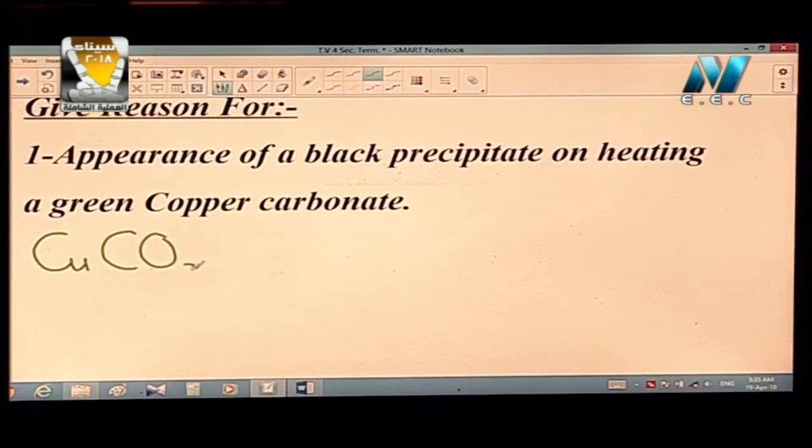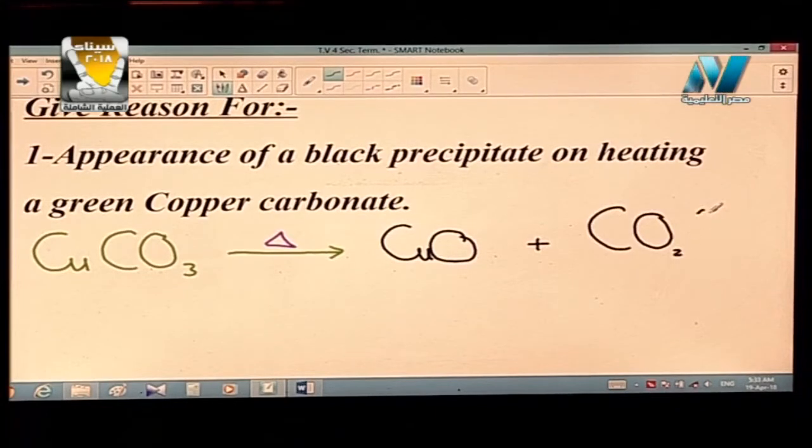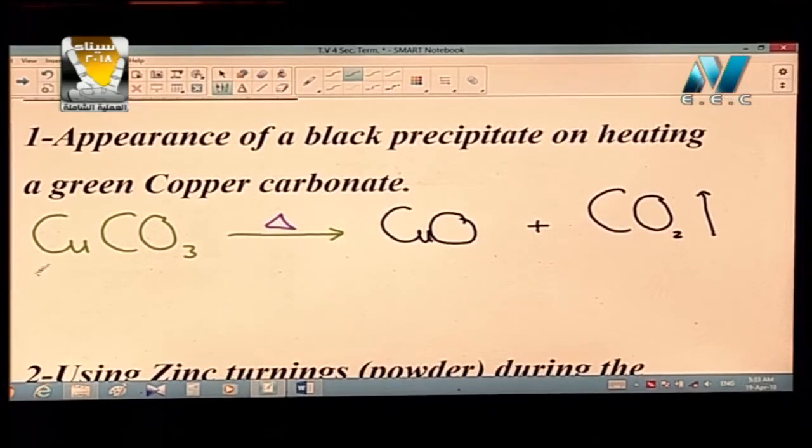CuCO3 as copper carbonate. By heating, producing what? Producing CuO as copper oxide plus CO2 carbon dioxide. So this is not a complete answer. We should write the names and colors as much as possible beside or behind the chemical formula, as we have here green